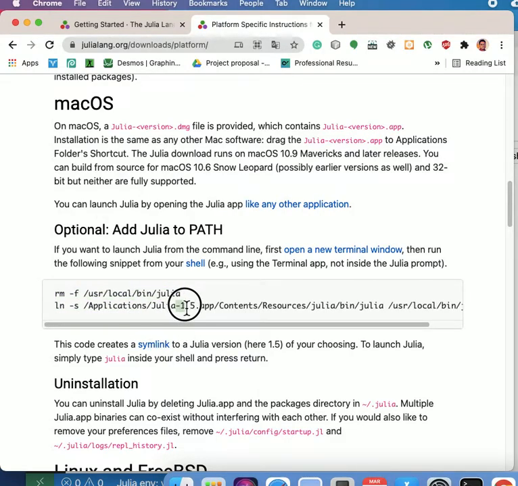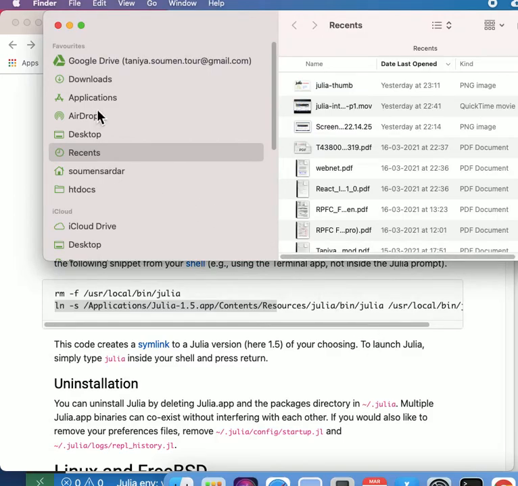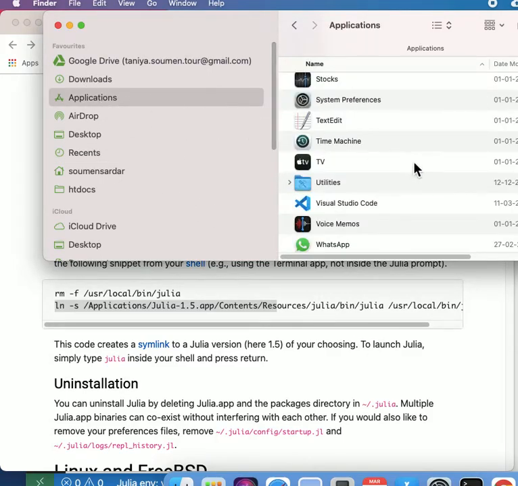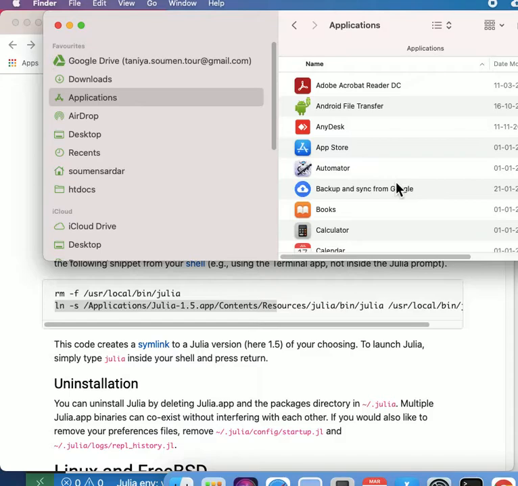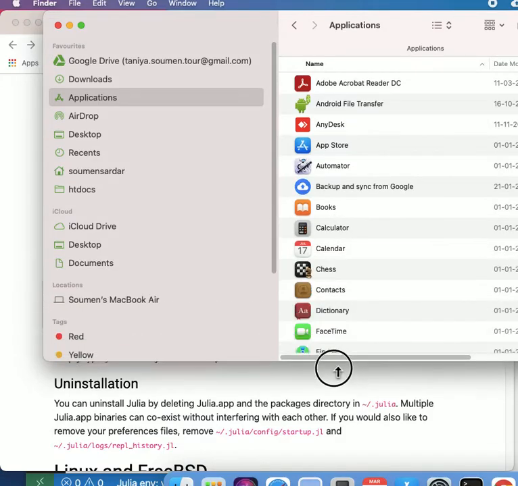of the version of Julia. This is one important thing that I'd like to highlight. Just blindly copying this line and pasting it in the terminal may not help you every time. So what you can do is open up your application folder, and then